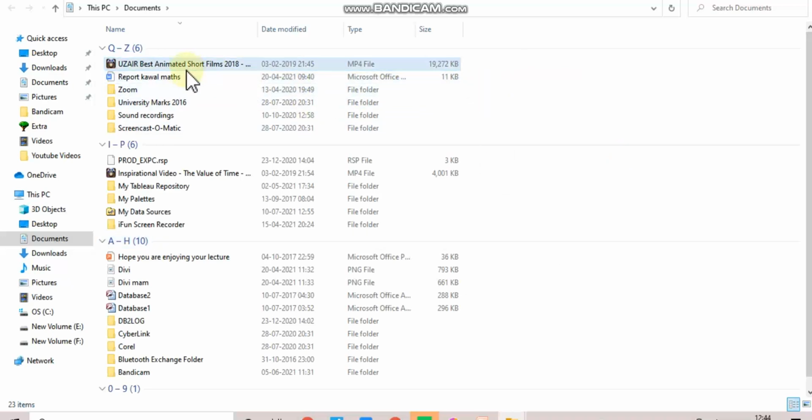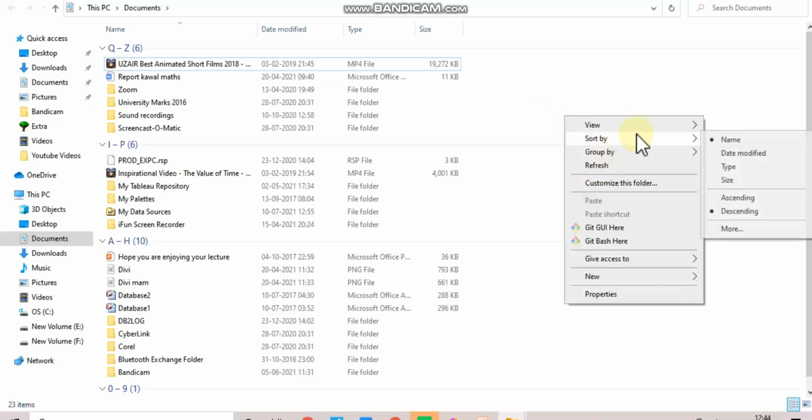Can you see? In detail view, there is a complete information. The name, date modified. It was modified on 3rd February 2019. Time is also written. Type is MP4 file and the size is this. So each and every information is being mentioned in the details view. Alright, let's switch to next view, that is